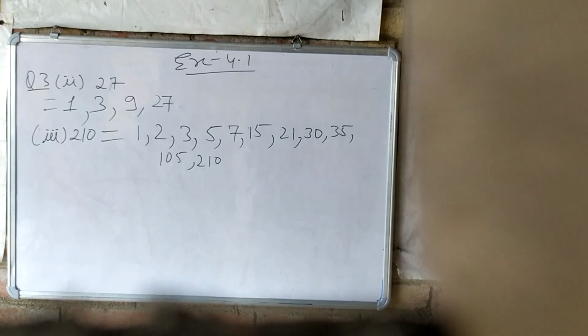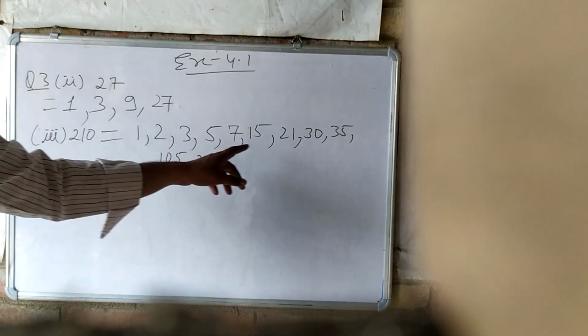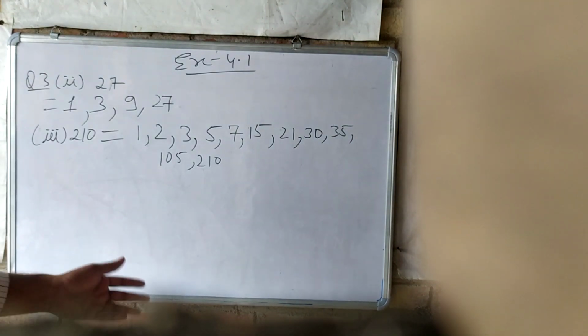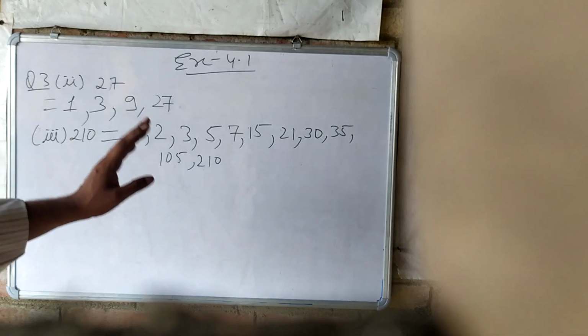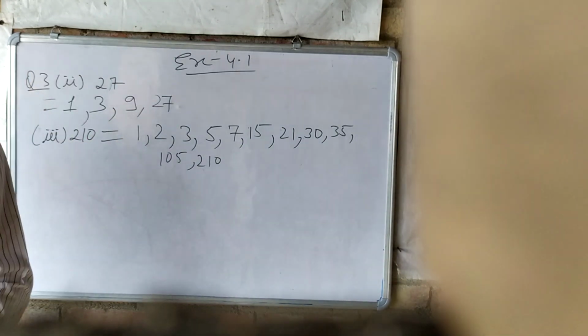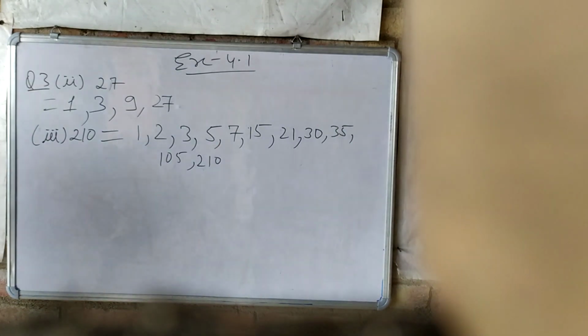of the number. What we have to do is check in which table the number asked in the question will lie. Without checking we cannot write. We will check in our mind. So all those numbers will be the factors of that number. So this is question number 3 I have given you. Now we will see some more questions.